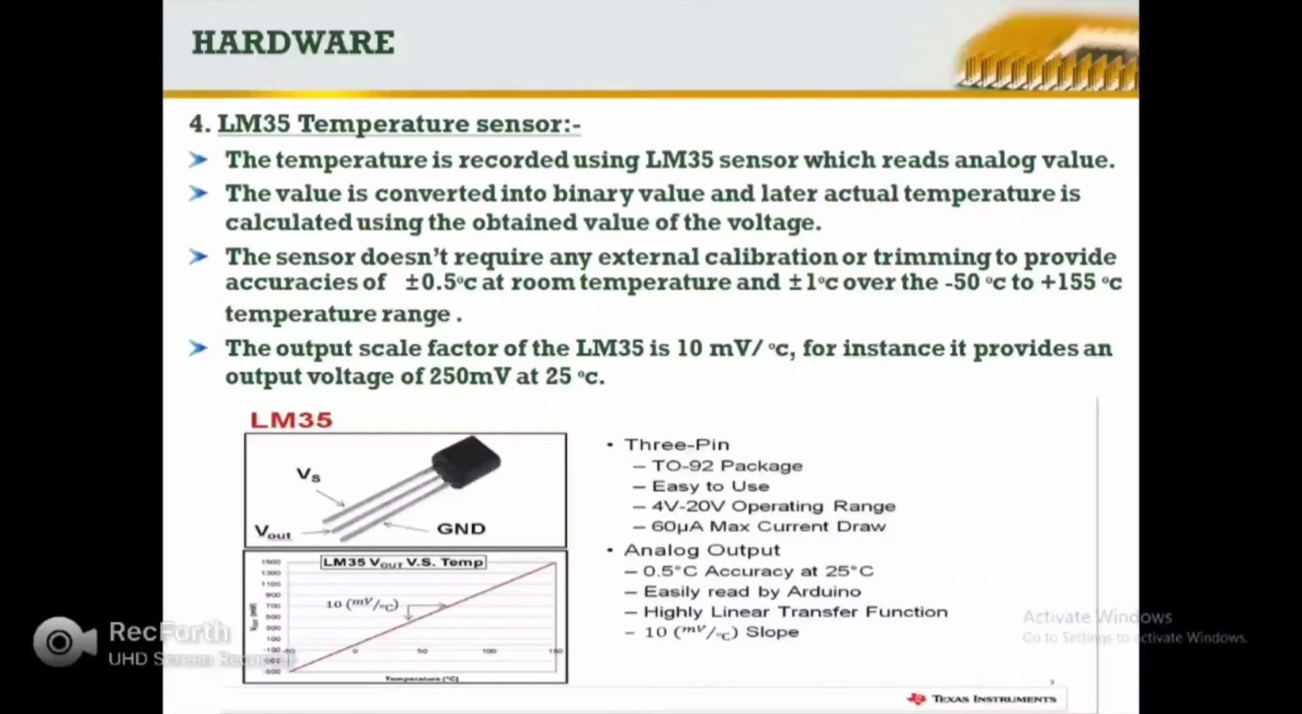For instance, it provides an output voltage of 250 millivolts at 25 degrees Celsius. This is a sample of an LM35 temperature sensor, which has a ground, an output voltage, and a voltage input. And this is a graph of the